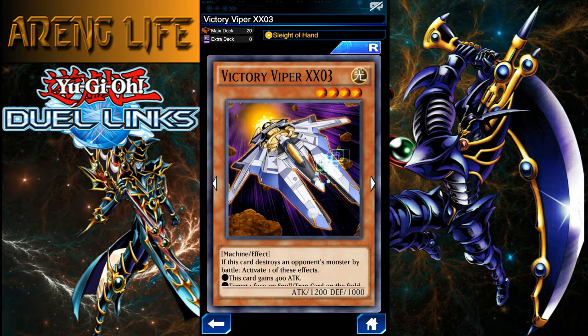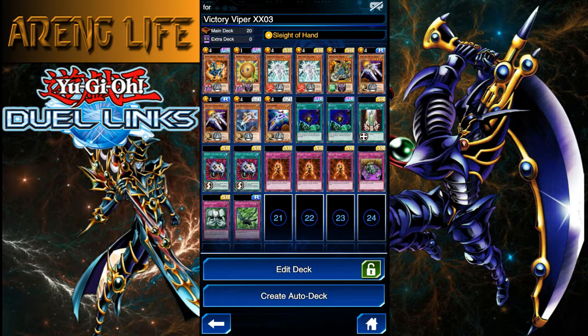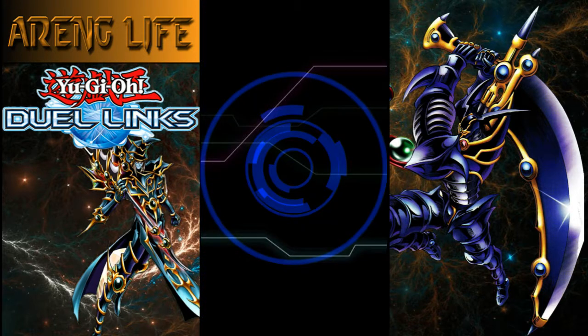If you don't know what it does, it's actually a card trader card that you can pretty much acquire yourself. It's only a rare, and it is the heart and soul of this deck. Basically, every time it kills something, you can activate one of these effects: gain 400 attack, destroy a Spell or Trap with a face-up Spell or Trap, which is really good. And another thing that's kind of cheesy, special summons one option token that is always going to match Victory Viper's attack, so it cannot be lowered or anything, which is pretty good. The deck you see, we're gonna go ahead and run it in ranked, and see how well we do